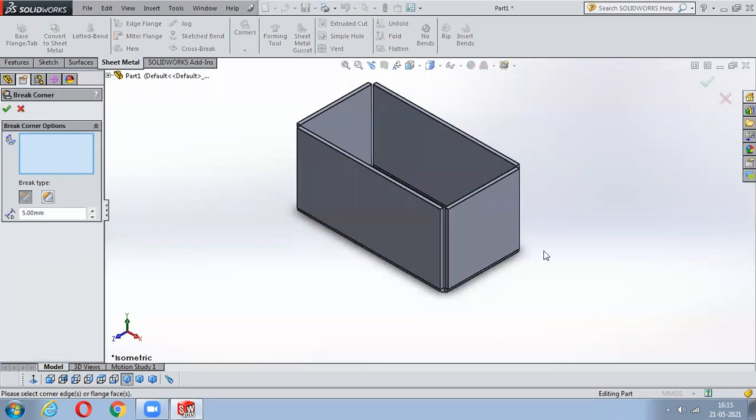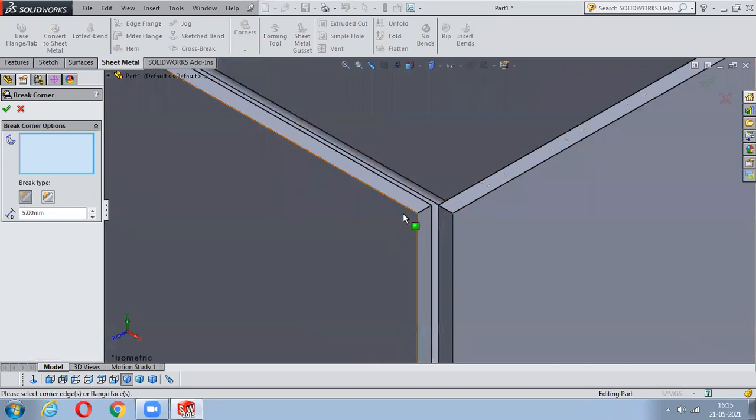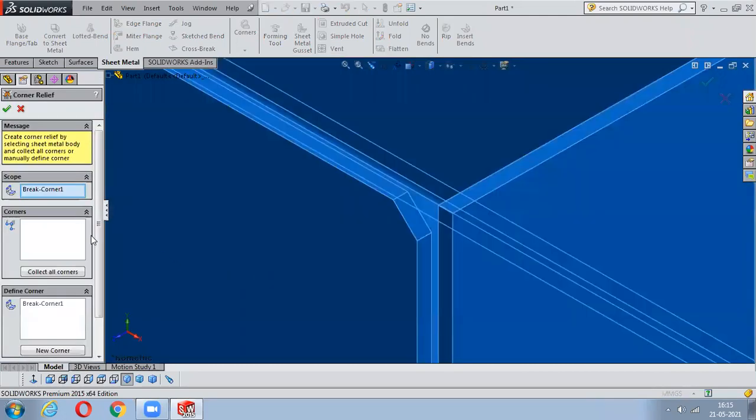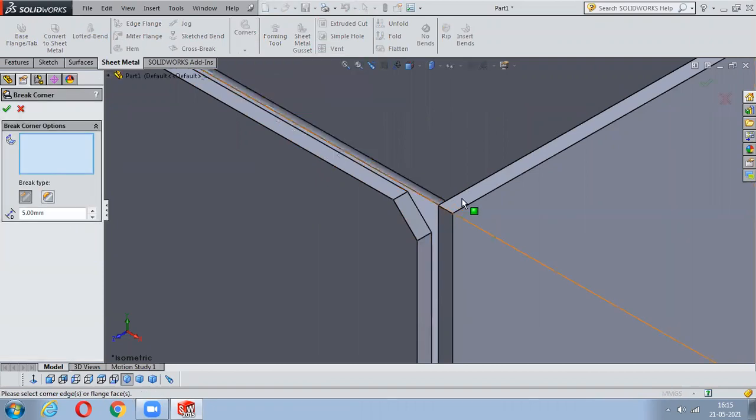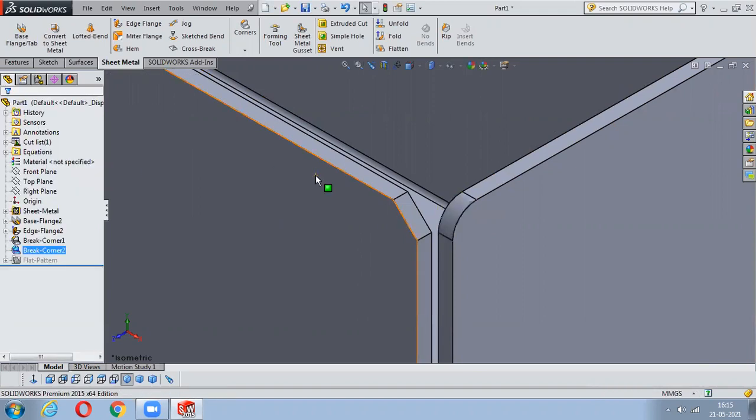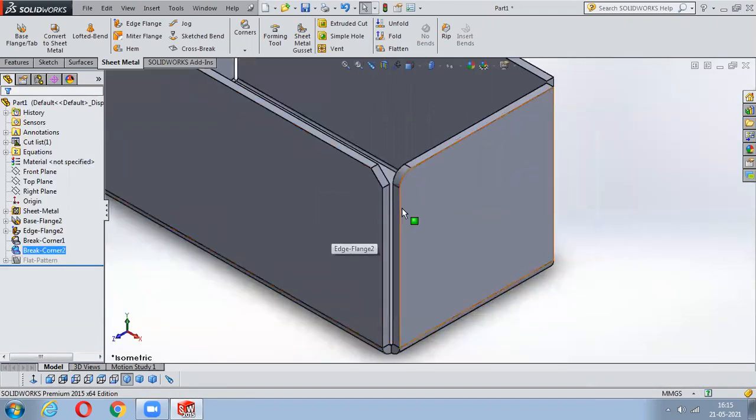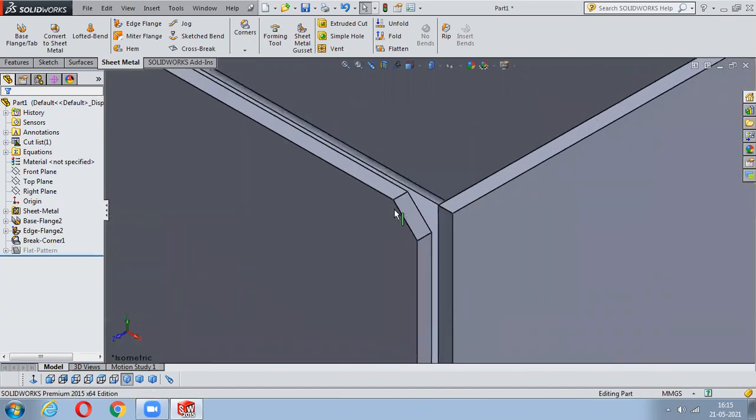So next, this is nothing but your fillet and chamfer. If you click on this, it will be filleted on this particular edge. Sorry, I went to corner relief, so I have to go to this. If you select this one and give the radius, say okay, it will be filleted. You can't chamfer or fillet these faces because these faces need to be welded. Welding on a filleted face is quite different. The slag won't be stable and the welding won't be that strong. Got it? Any issues? No, sir.